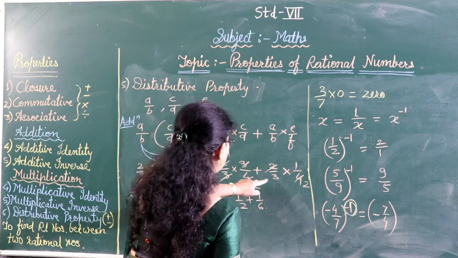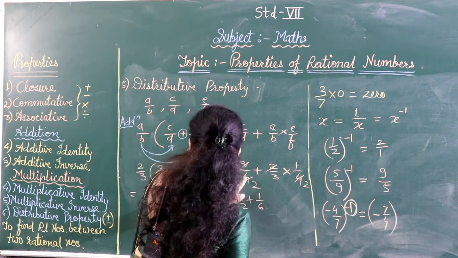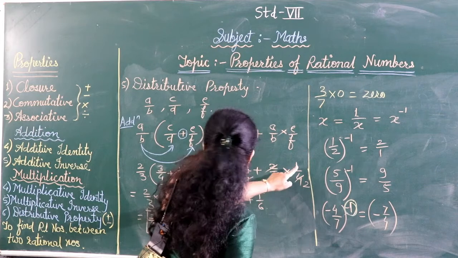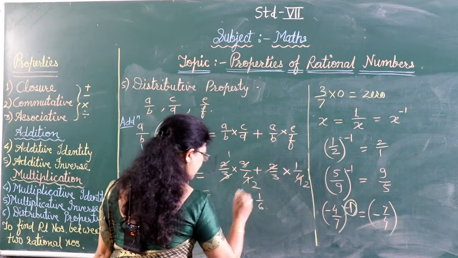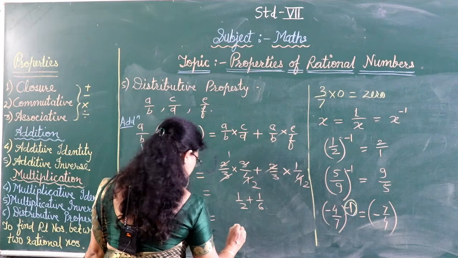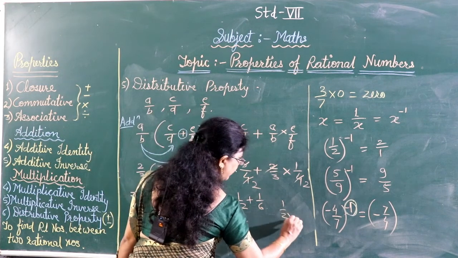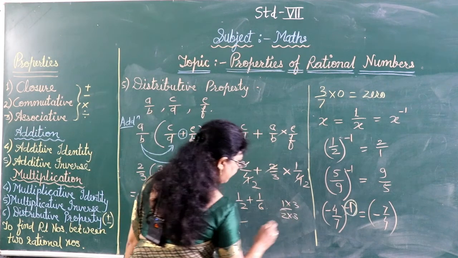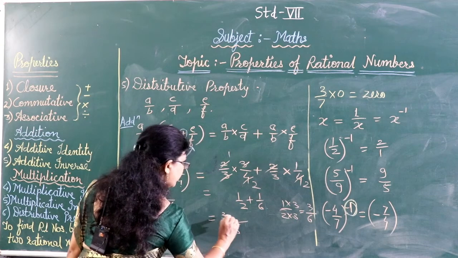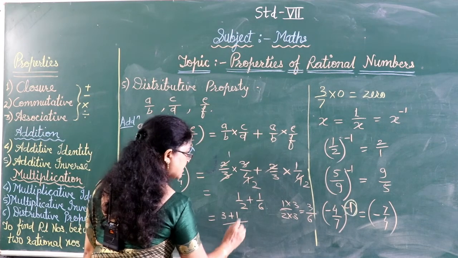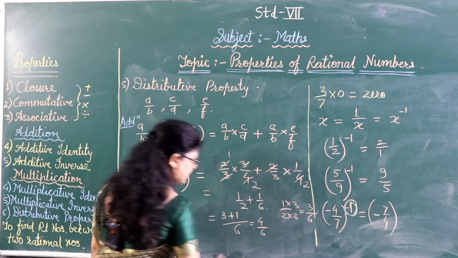Check. Right, now 1 upon 2 into 3 by 4 plus 2 upon 3 into 1 by 4. Right? So here you will get 1 ones are 1, 3 twos are 6. Now solve by the LCM method. Denominator 6. Here 1 by 2 into 3 by 3 to make the denominator the same. Then you will get 3 by 6. So 3 plus 1 by 6. Okay, here there is already 6. 3 plus 1 by 6 means 4 by 6.